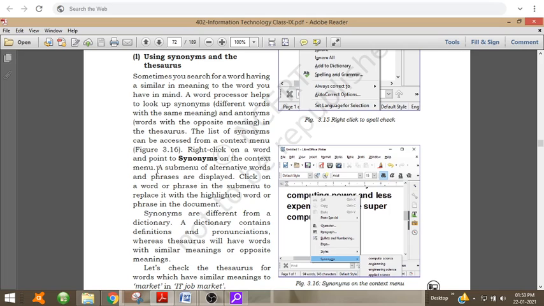On the context menu, a sub-menu of alternative words and phrases is displayed. Then click on a word or phrase in the sub-menu to replace the highlighted word or phrase in the document. Synonyms are different from a dictionary. A dictionary contains definitions and pronunciations, whereas a thesaurus will have words with similar or opposite meanings.